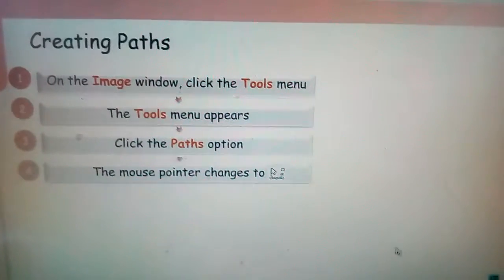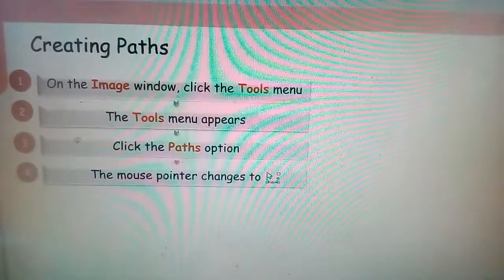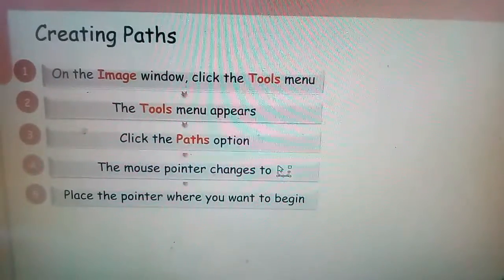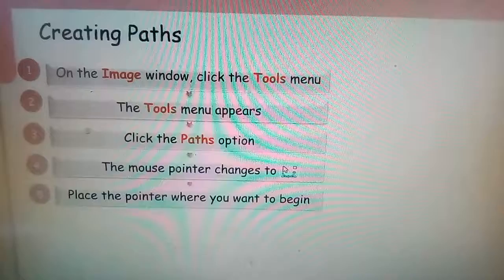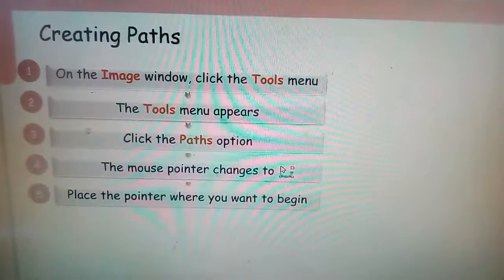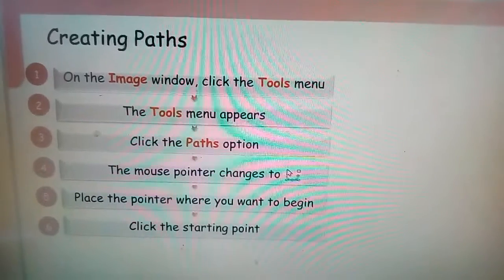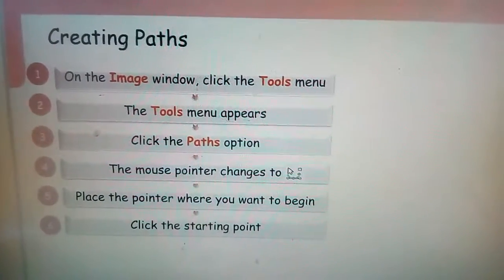This is the symbol of the path. Now place the pointer where you want to create the path. There you have to click the mouse pointer, click the starting point, and then you start.